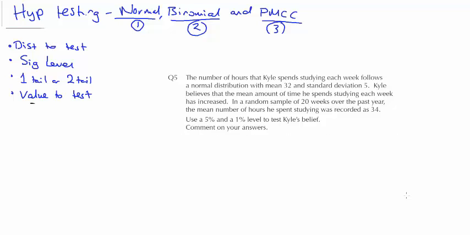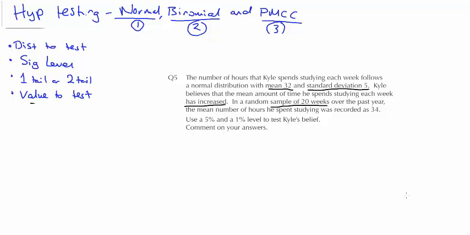Okay, let's have a look at this. The number of hours Kyle spends studying each week follows a normal distribution with mean 32 and standard deviation 5. That's the background population. He believes the mean amount he spends each week has increased, so that's a one-tail test on the higher side. That's going to help you with your H1. In a random sample of 20 weeks, that's going to help you find your X bar, the sample mean